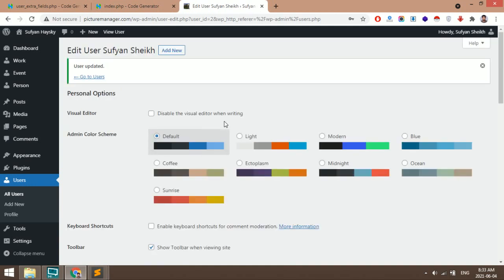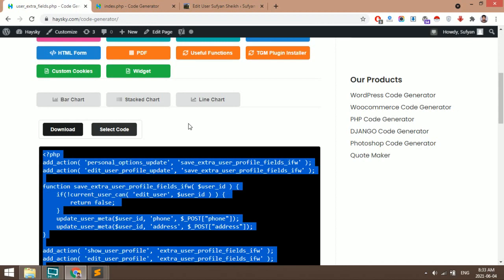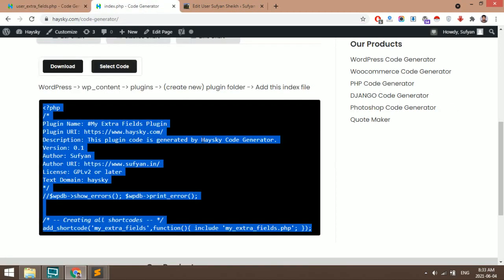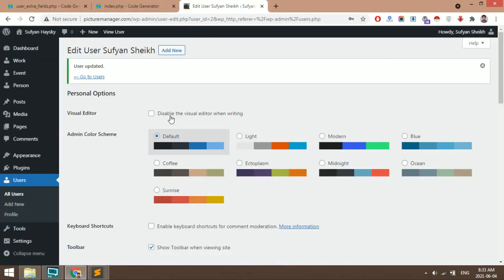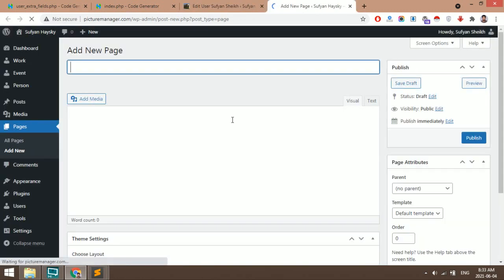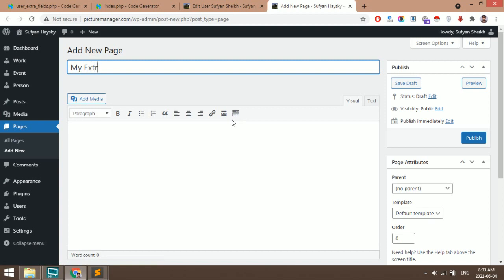So we should add these fields in the front end also. For this we have to use a shortcode, that is my extra fields. So we need to create a new page and keep that shortcode in that page. You can keep any page title as you wish.